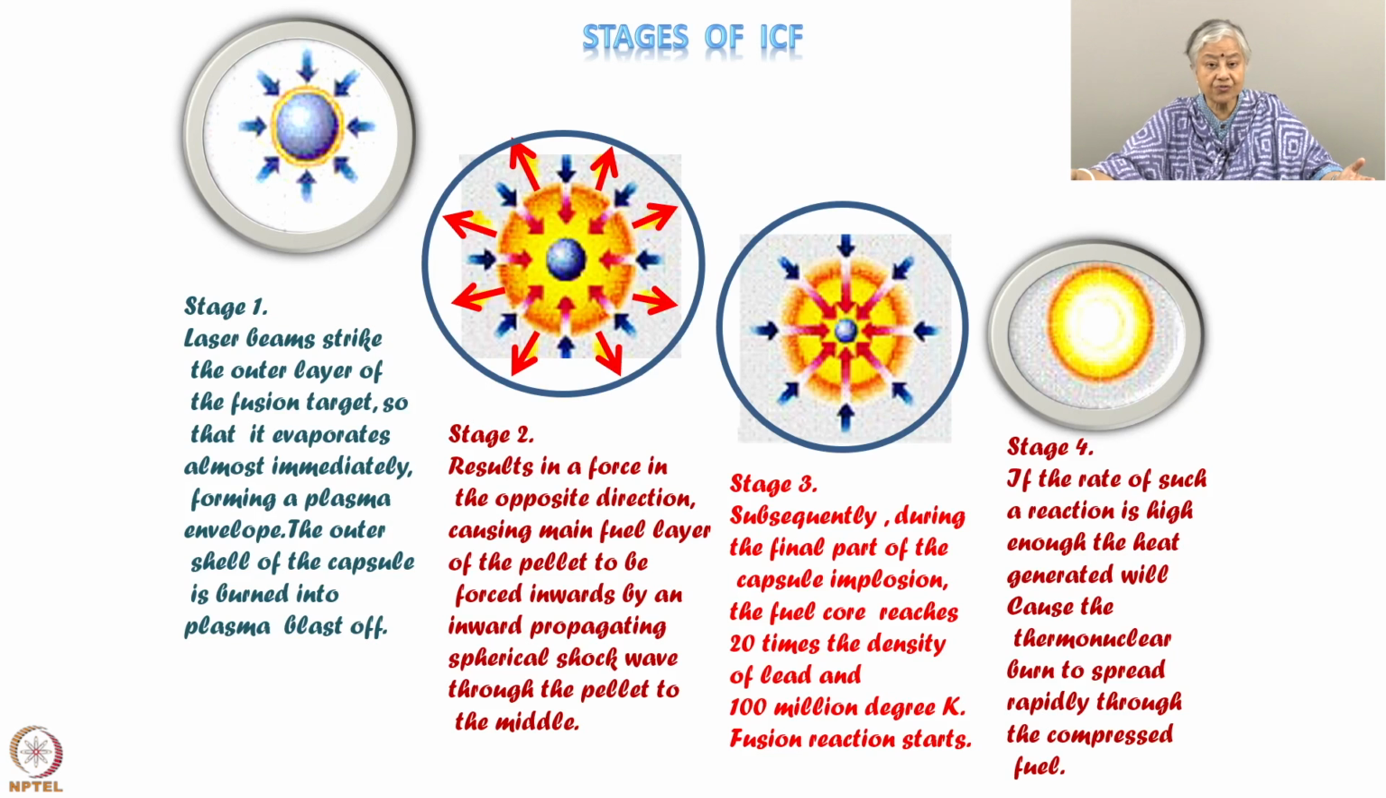And this blast off is something like a rocket. See these red arrows which I have shown here, this is the kind of rocket action. So, this plasma is blasting off outside, but it is giving an equal and opposite reaction here, just like in a rocket, the fuel goes down and the rocket goes up, and this is the direction in which the fuel is moving now. That outer part of that fuel, which is the solidified DT,